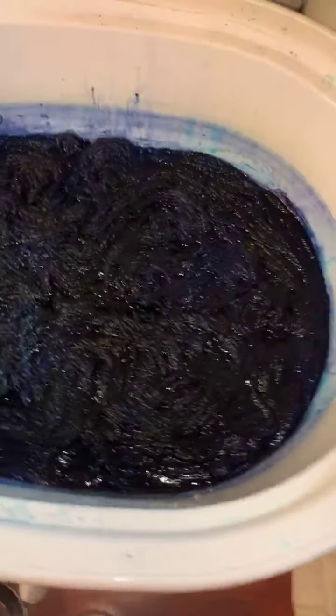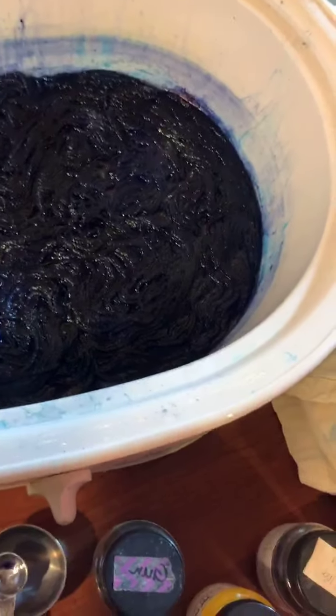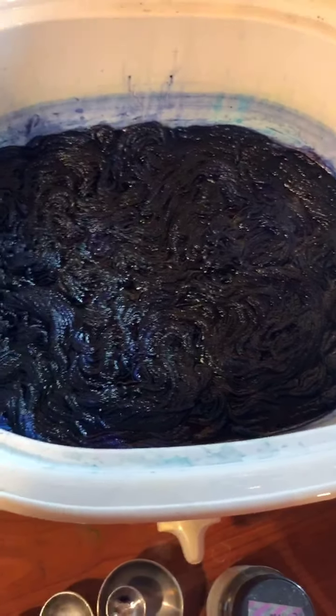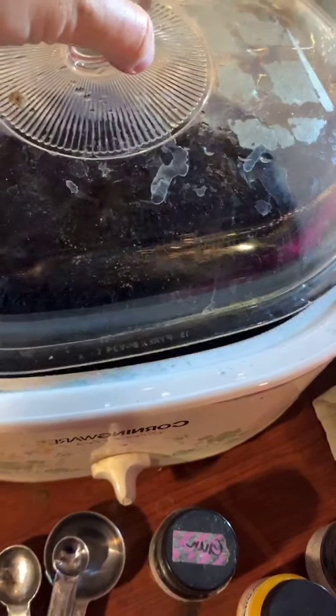Okay. Now, Foxbane Fibers is going to come up and she's going to be our guest star. So it might take us a minute for her to request to join. So Kirsten, go ahead and request to join and we will start this process. And I will just be showing gorgeous yarn as you're teaching us about color theory. And now for some reason, if this doesn't work and she isn't able to join, then I will do my absolute best to tell you guys about what she taught me. And then she will be commenting, of course, below. So we've got to make sure that she gets on